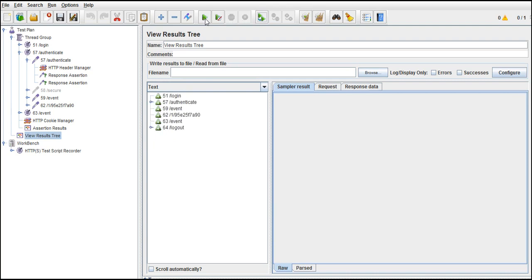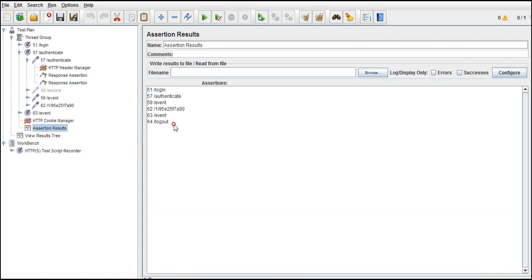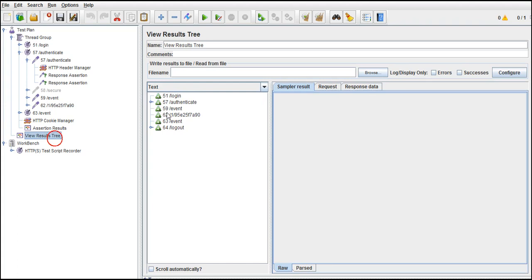Okay, so execution is done. If the assertion is passed, that means your script is also passed. You need not worry about going and checking the response every time, because this is taking care of that. So let's go back to our assertion results and see. If there is no error message printed here, that means all got success. These are just steps, label names. If there is some issue, it will print out an error in 2-3 lines.